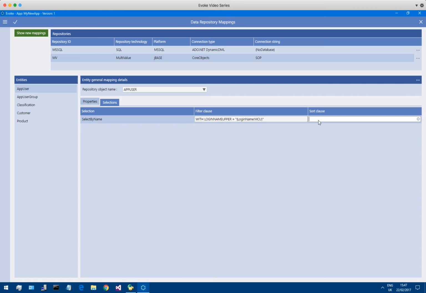We don't have to have a sort clause, but we could sort by login name if we wanted to. So essentially what we've done here is we've given the generator enough information to produce within the generated CRUD the correct data basic to select out all of the items that match, in a case insensitive way, the login name that's been provided within the login page. So if we save that,